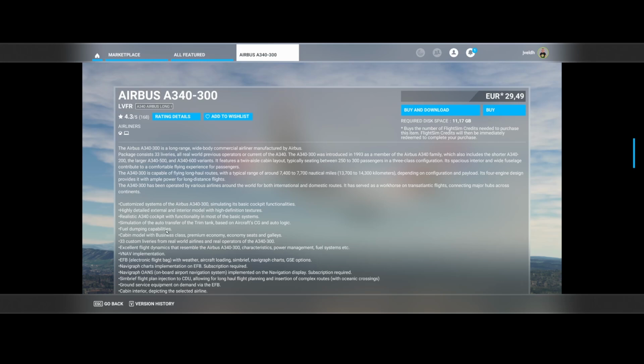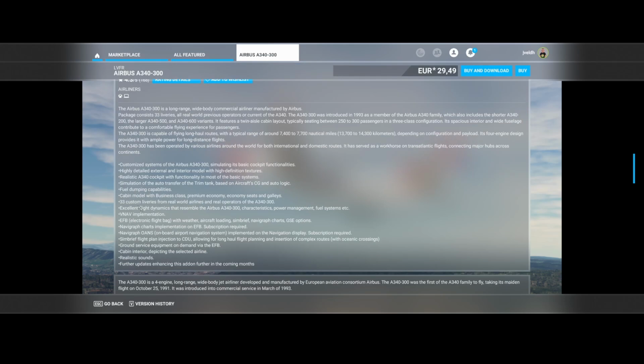Fuel dumping capabilities if you need to dump fuel. And there's a cabin model which includes the business class, premium economy, economy seats, and galleys. And there are 33 custom liveries included from real world airlines and real operators for this aircraft. Flight dynamics that resemble the A330-300 and its characteristics, power management, fuel systems, etc., as well as the VNAV implementation and